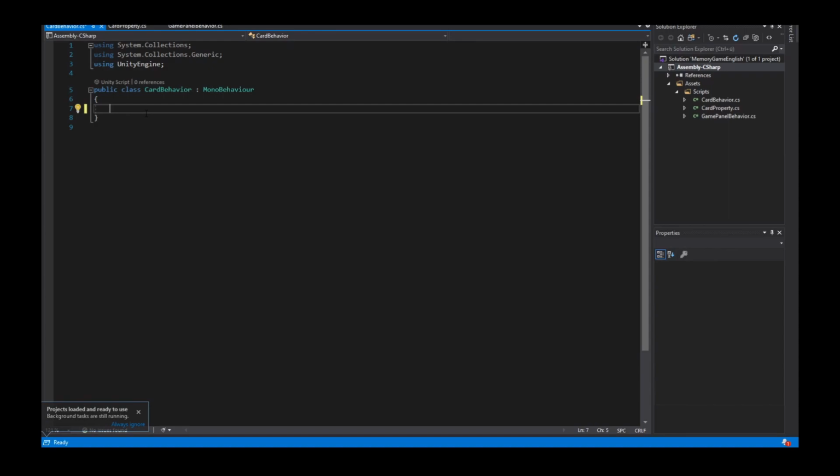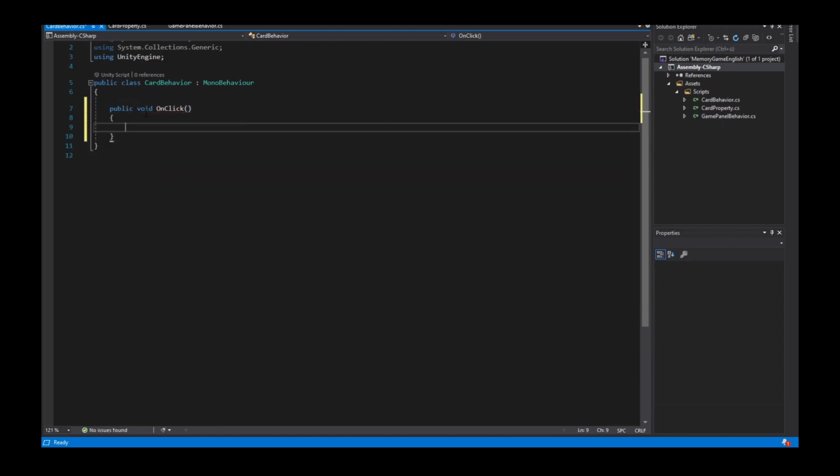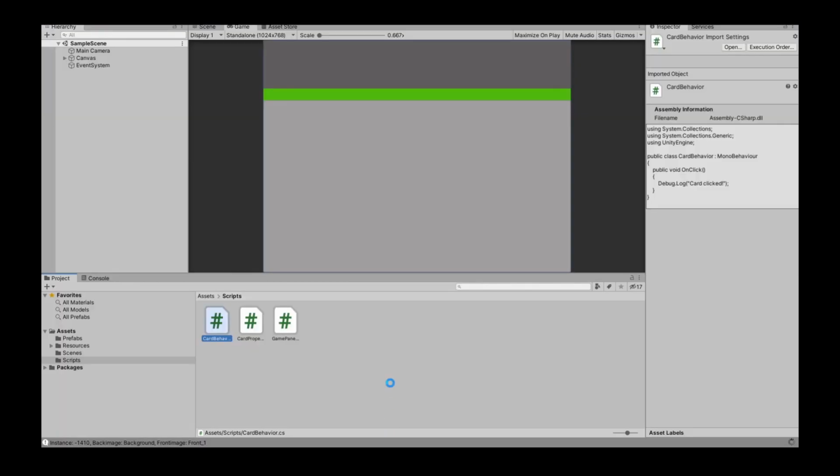I need first only one method, a public void OnClick method. And when this method is called, I give a log message to the console: "Card clicked." I save my script, I go back to Unity,